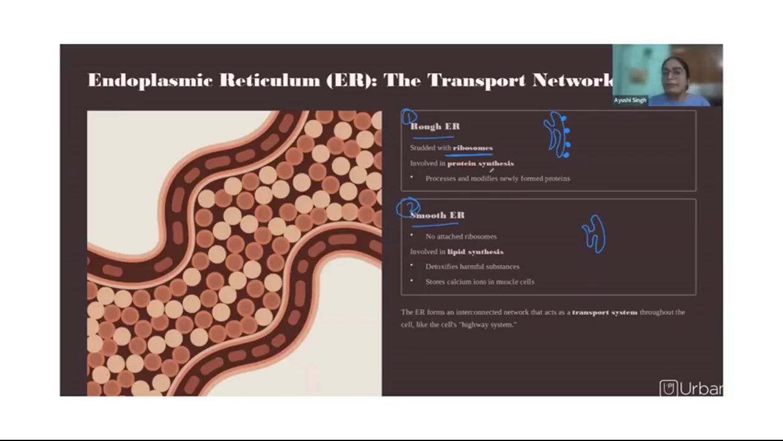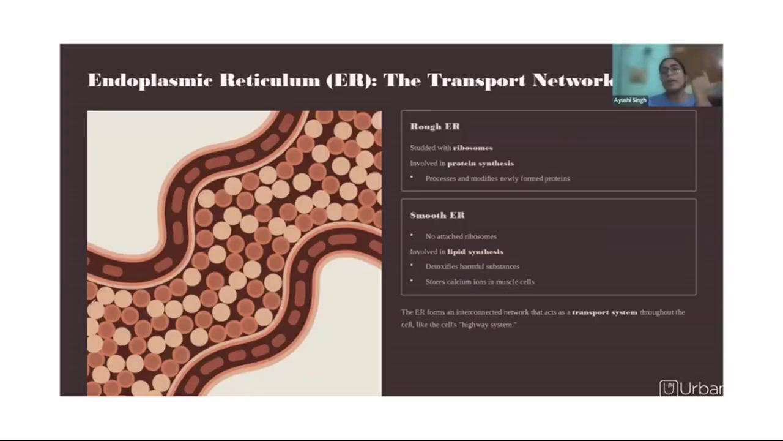Okay, and rough ones help in protein synthesis, and the smooth ones help in lipid synthesis, or lipids are nothing but oil. Okay, so oil synthesis basically, but here lipid is a more accurate word. Okay, so this is it. And also they help in the storage of calcium ion in muscles. Okay, so this again we will see how it works. So I hope you are clear with